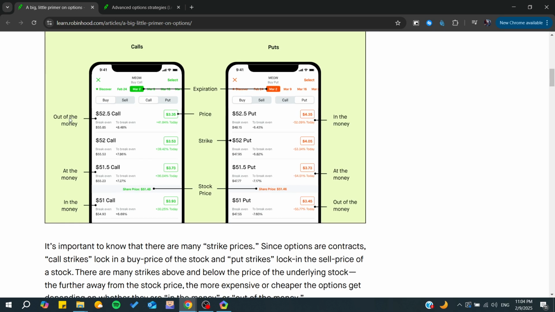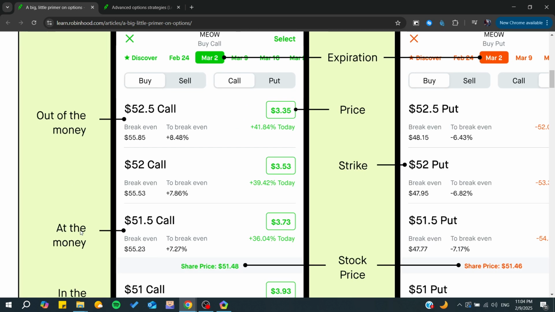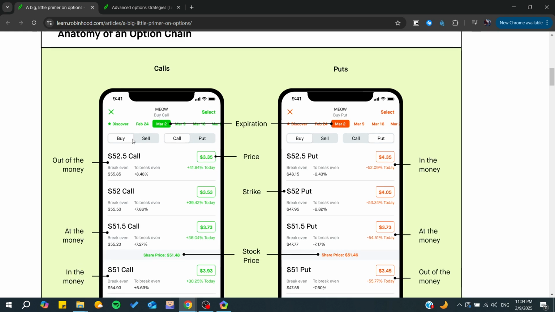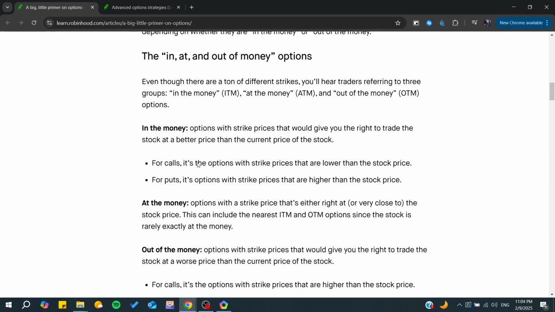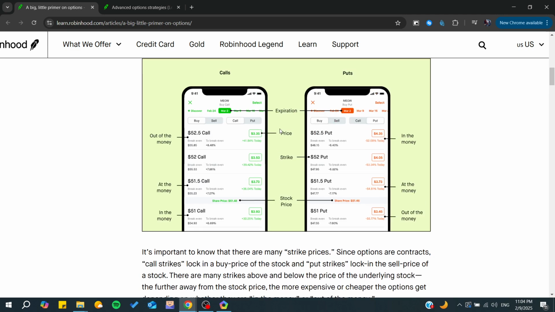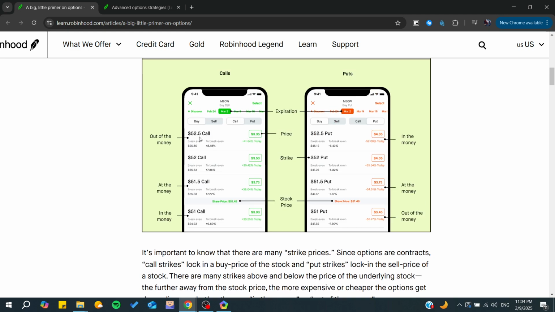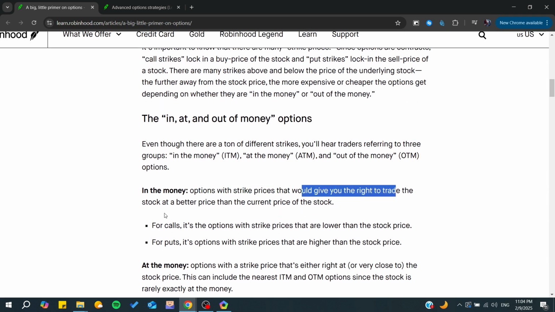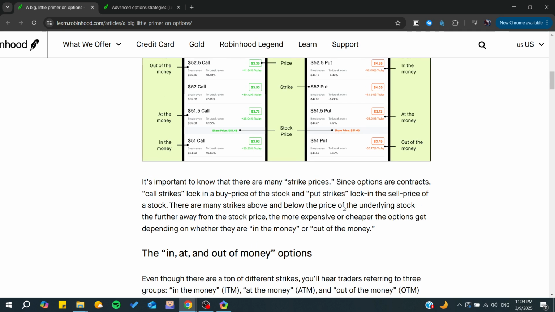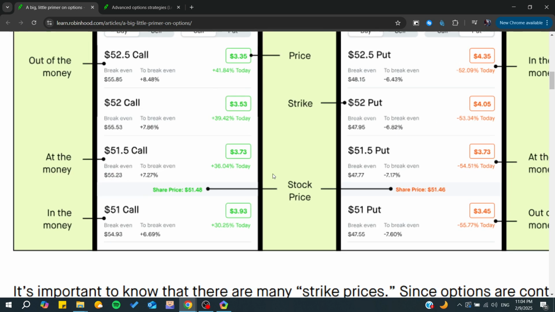And from here, we will see the out of the money and in the money. And basically, those are some positions of the options. And basically, as you can see, in the money is the option with the strike price that means the price of the option that would give you the right to trade the stock at a better price than the current price of the stock. That means if you